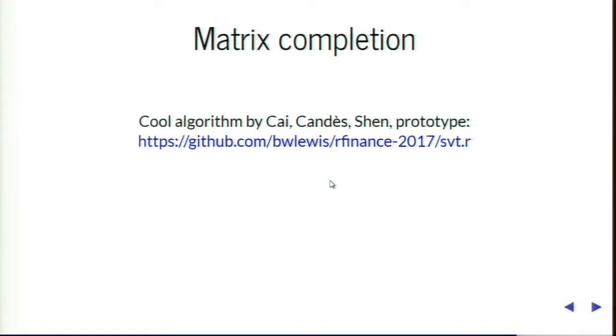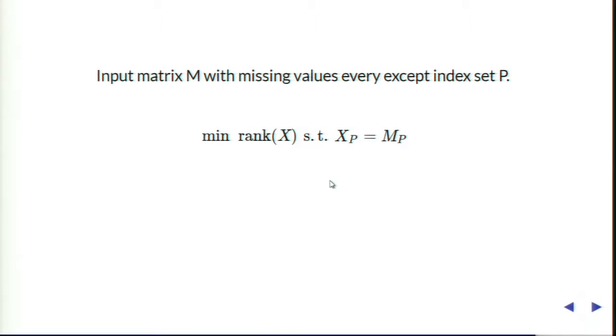And really, I just recently encountered a paper by Candès and others for the matrix completion problem, which was made famous by Netflix and Amazon for recommending products and movies to people. And this is where you've got a matrix of data, but a lot of the values are missing, and you would like to impute them, subject to a constraint on the rank of the matrix, right? So here's the formal matrix completion problem.